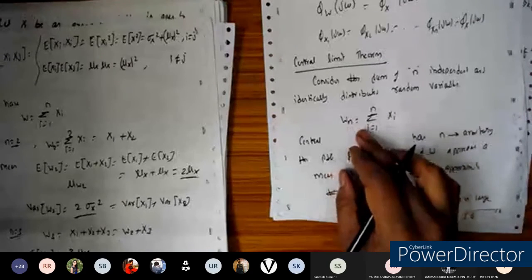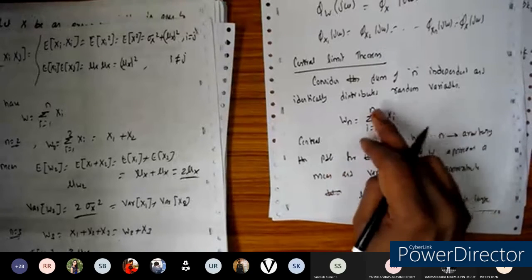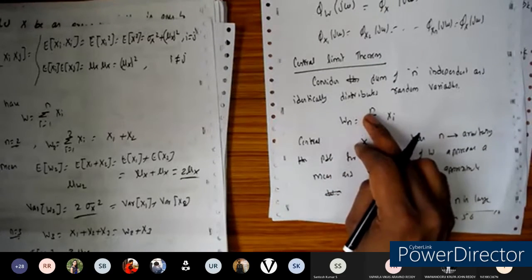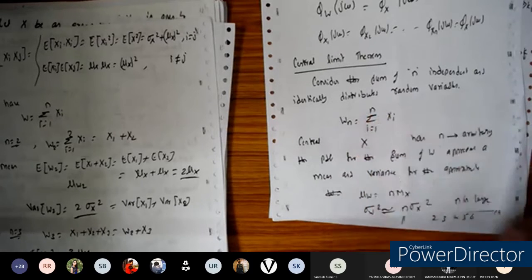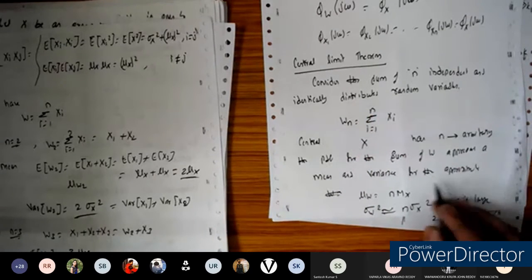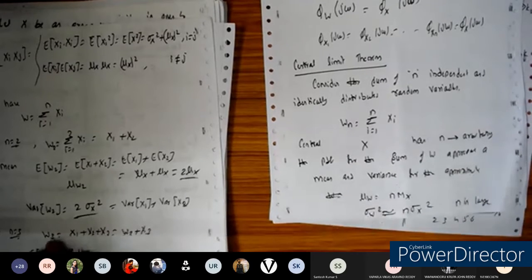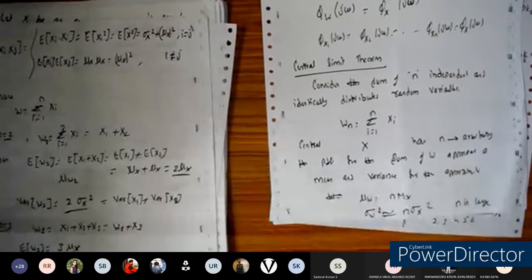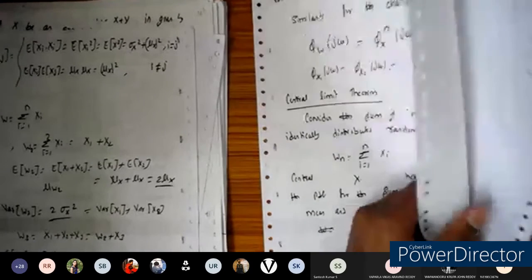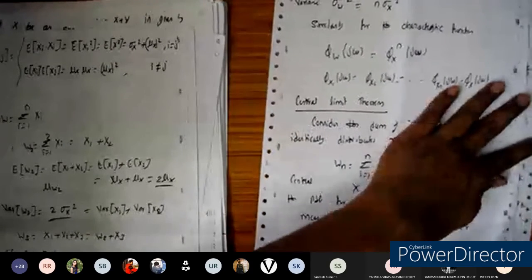It's the simplest case, where in the case of IID random variables, if n approaches a large value, then this will become equal to a Gaussian random variable. The corresponding mean and variance can be taken like this. This is what the central limit theorem assumes. We'll consider the next concept based on this one, that is, averages.